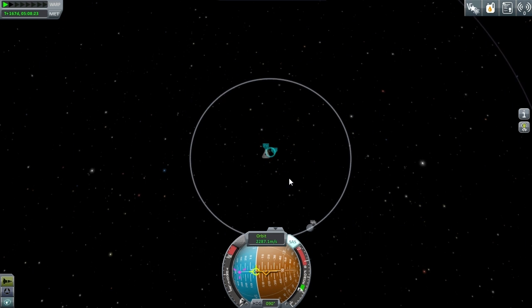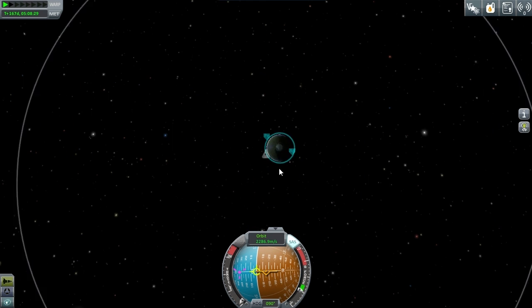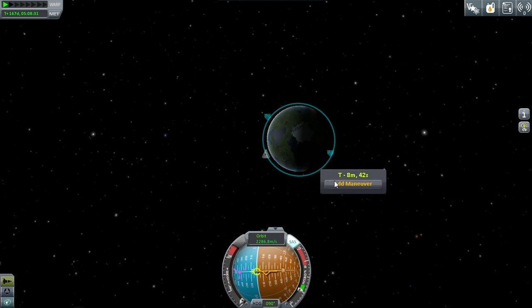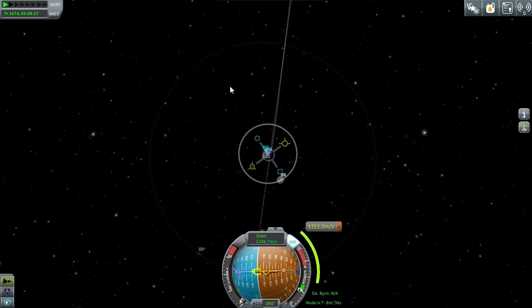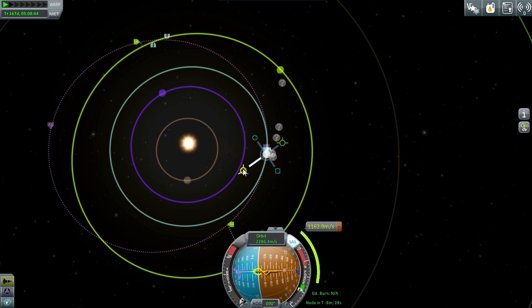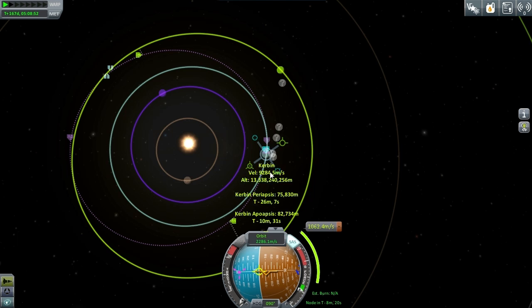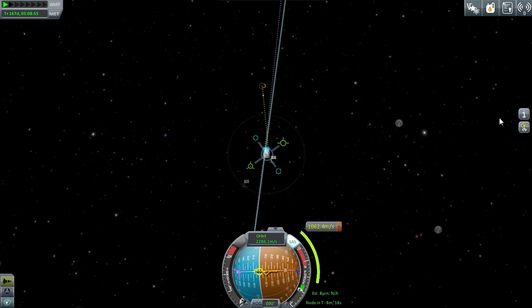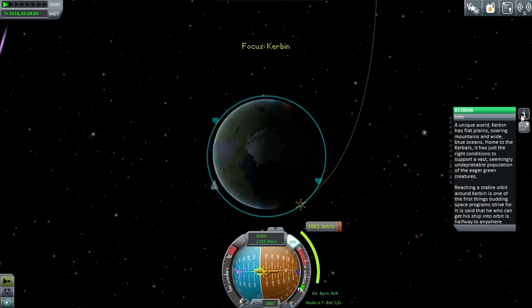Okay, again it's on the night side, because what we're doing, and that's another thing I want to kind of talk about, we're burning to add energy to our orbit in relationship to the sun, so that we boost ourselves out to Duna. So we're burning on the night side to add velocity to Kerbin's velocity, which is about 9,000 meters per second. So if we focus on Kerbin,